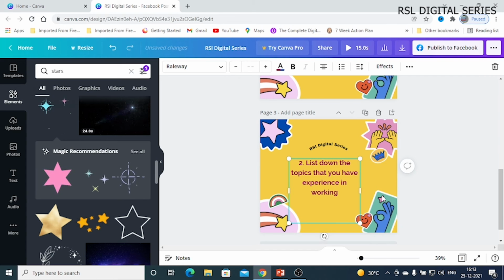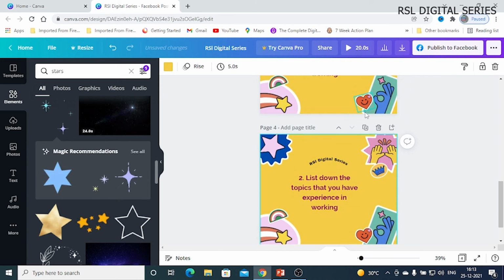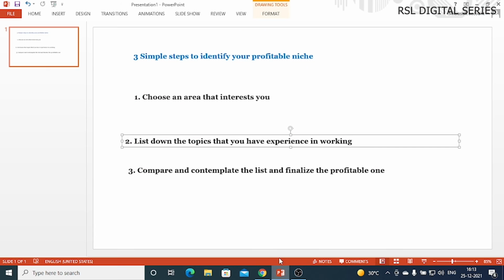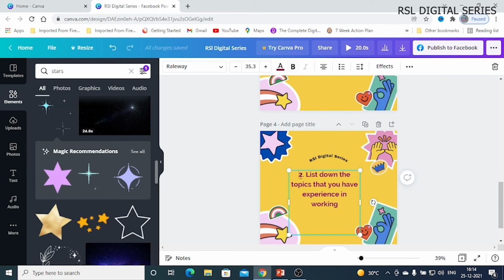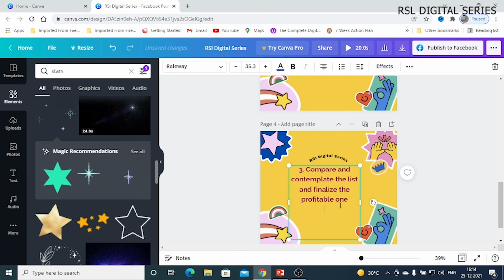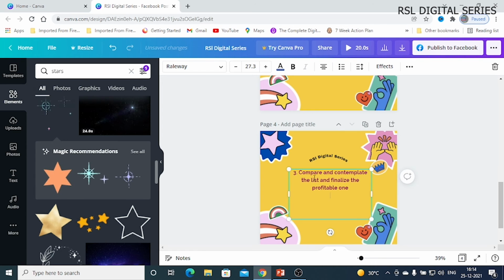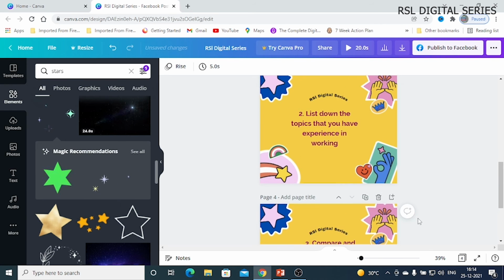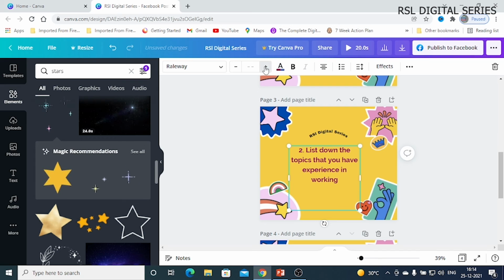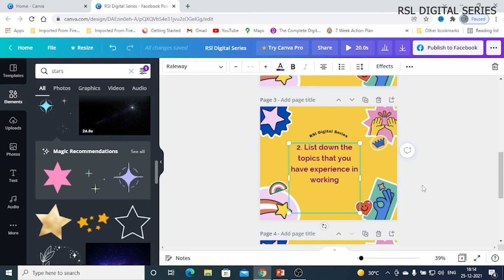And then again you have to duplicate this and copy paste your third point. You can change the font size bigger. Here the size you can change it here also.